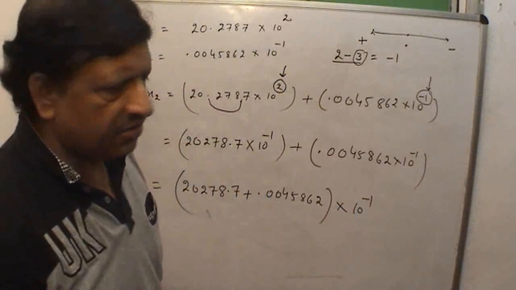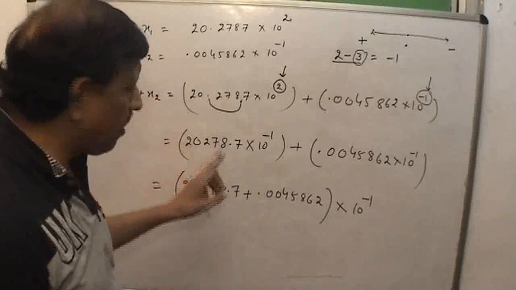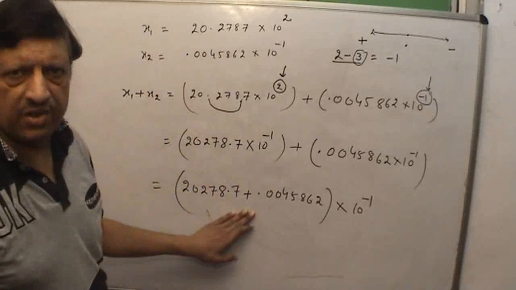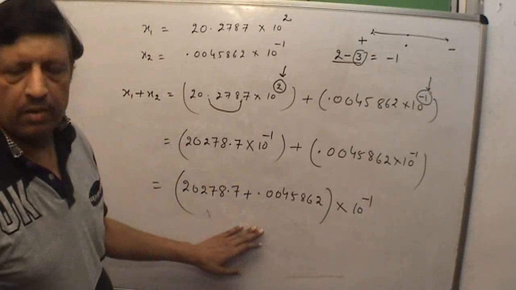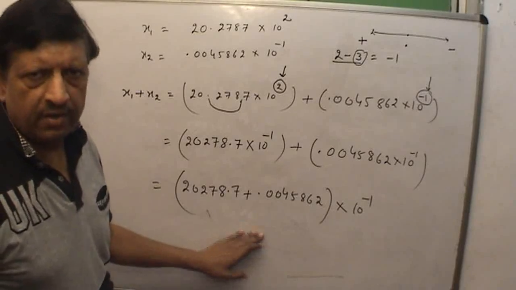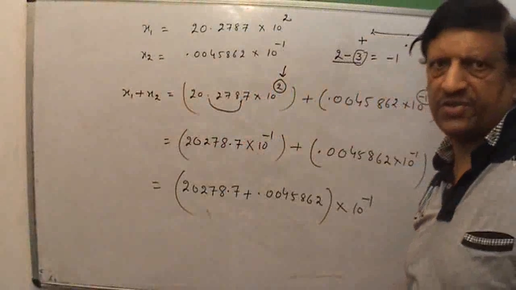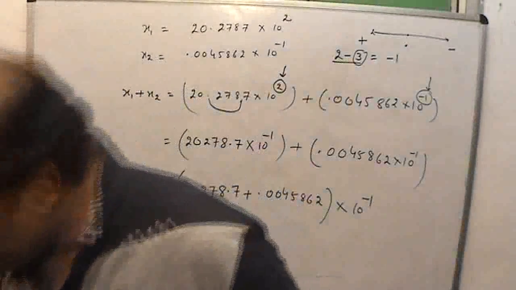Until or unless the exponents are not same, in computer arithmetic, addition and subtraction, it is the major problem. But multiply and division, they follow the same rules, basic rules of the indices, or you can say the rules of the exponents. Now if we add them,